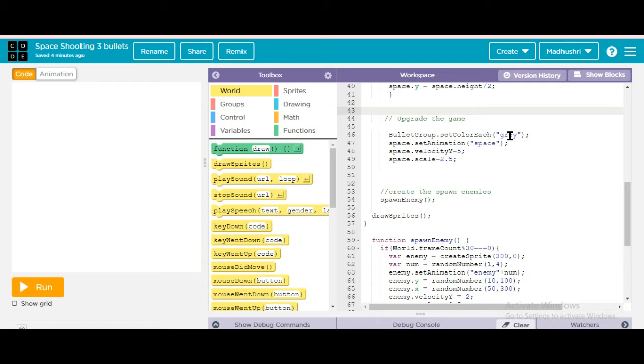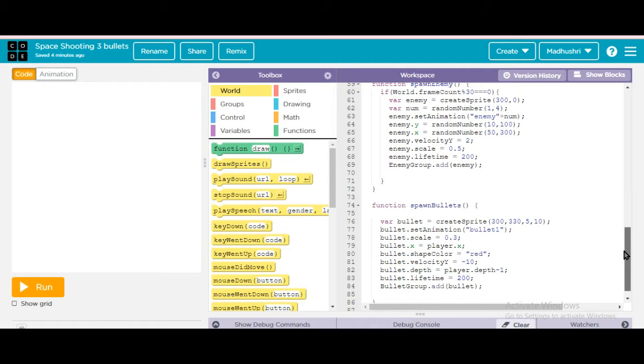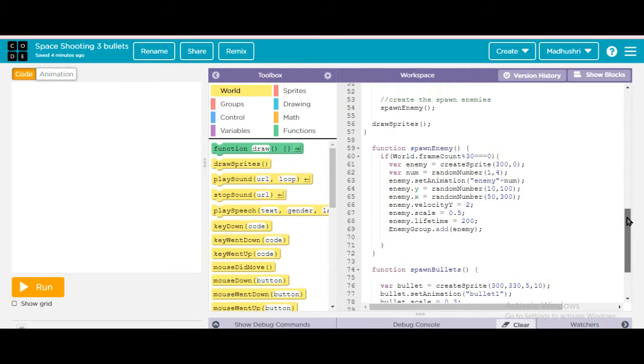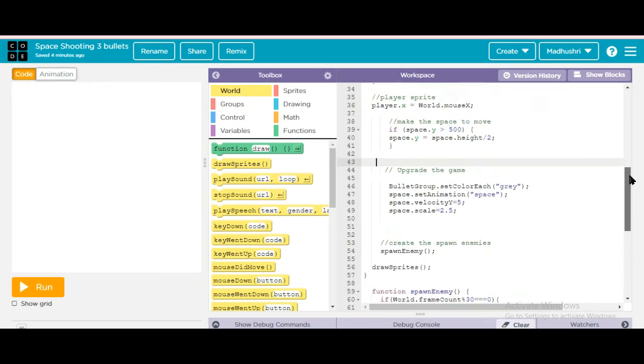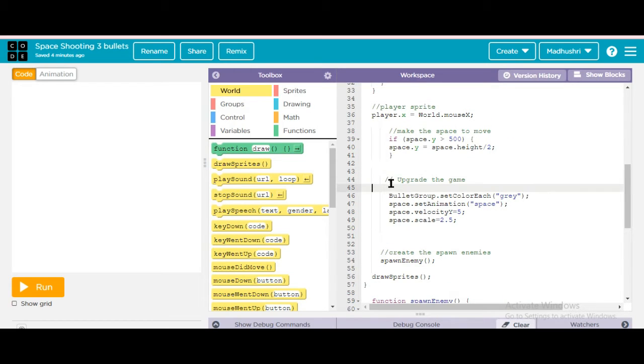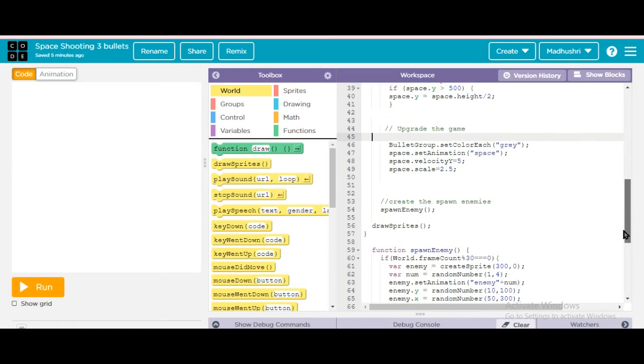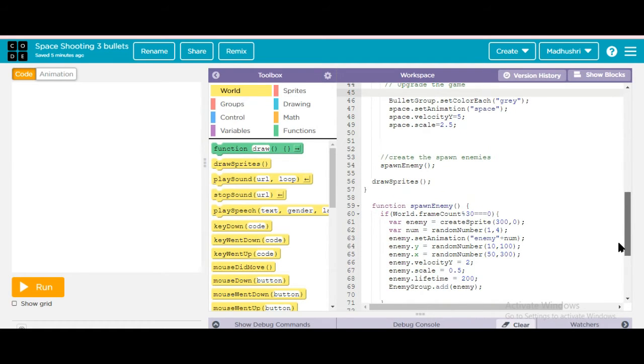So I gave gray, but you will be asking why the gray is not there. Because here itself I just wrote color and the animation name, so it will not come, so I have to delete this. Afterward I'll delete it. Okay, then space dot animation, so I'm giving the space animation, then I'm giving the space velocity, then I'm giving a scale for it. You know how to do all this, right?